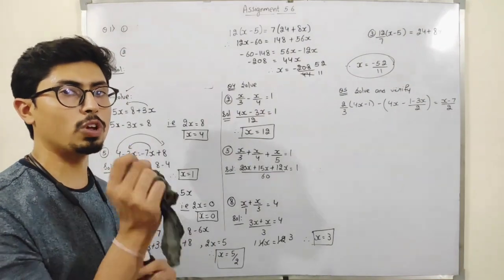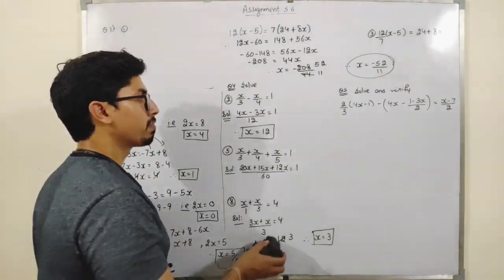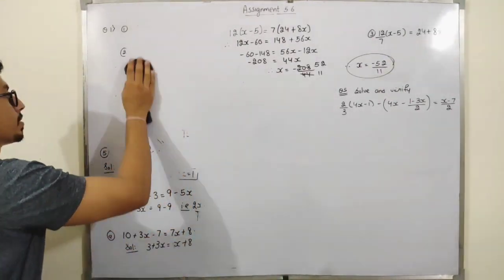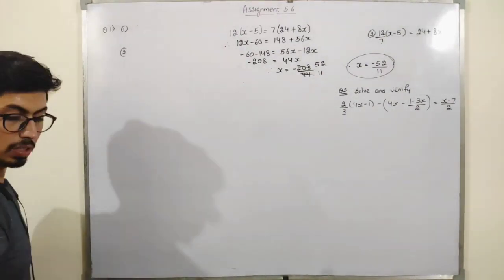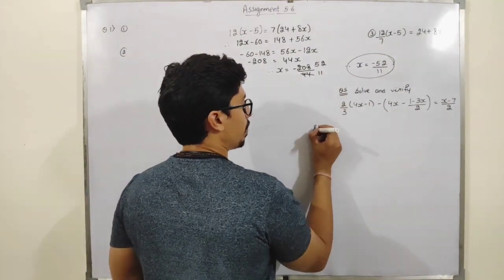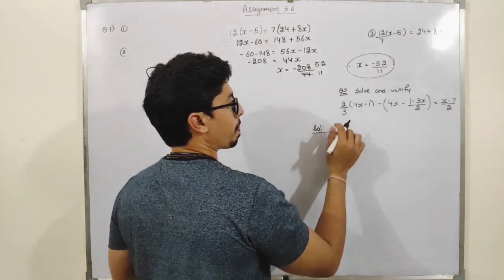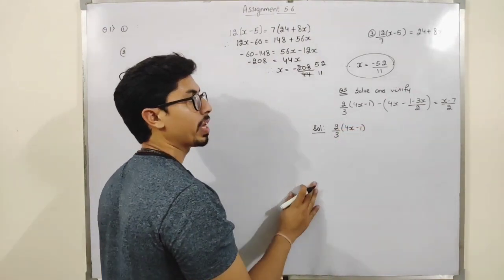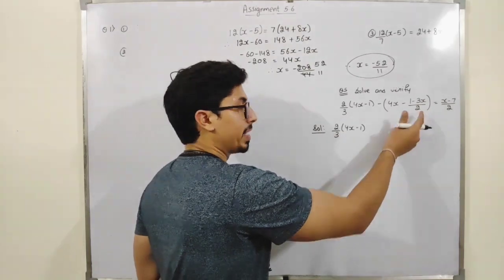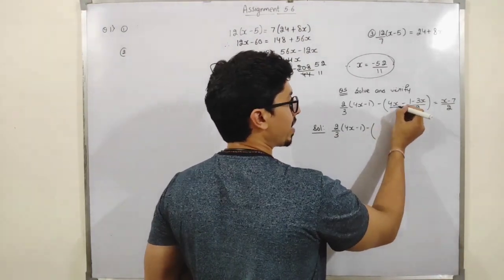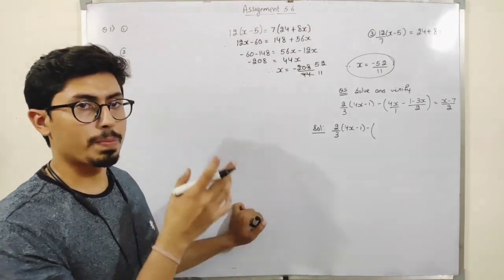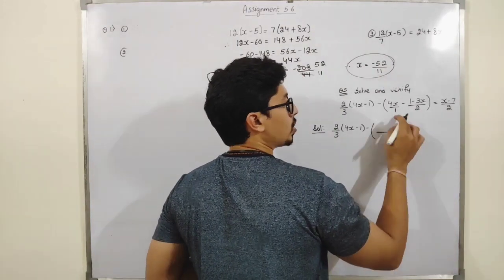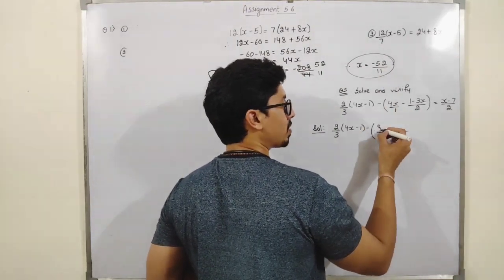Okay. For the specific value of x that you obtained. So students, first of all, I will solve this and then I will verify it. Okay. So see, students. If I just solve it, I can write it like this. 2 by 3 of 4x minus 1 as it is. Okay. Just take the LCM inside the bracket. If I take the LCM, I can write it like this, because 4x can be written as 4x by 1. So the LCM of 1 and 2 will be 2 now. So 2 divided by 1 is 2. 2 into 4x will be 4x.